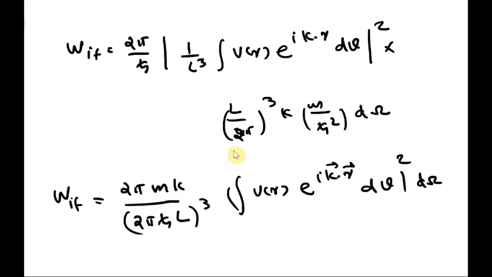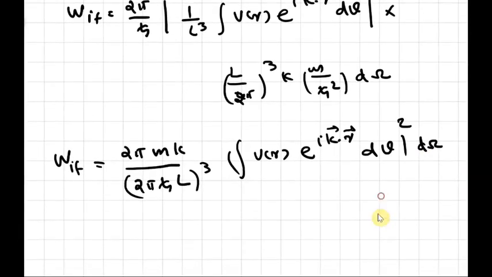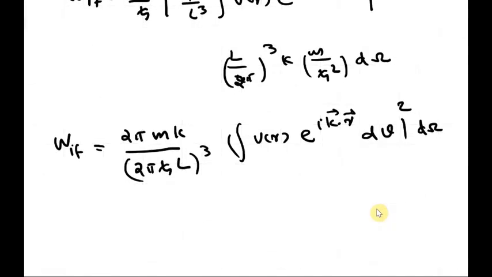One thing we have to do now is to connect this with the scattering theory. So here we have the transition rate between initial and final state. In a scattering process, the final state is something which changes from the initial state, which is scattered. So this refers in some way to the number of particles which are scattered through a solid angle d omega. So the quantity d sigma by d omega,